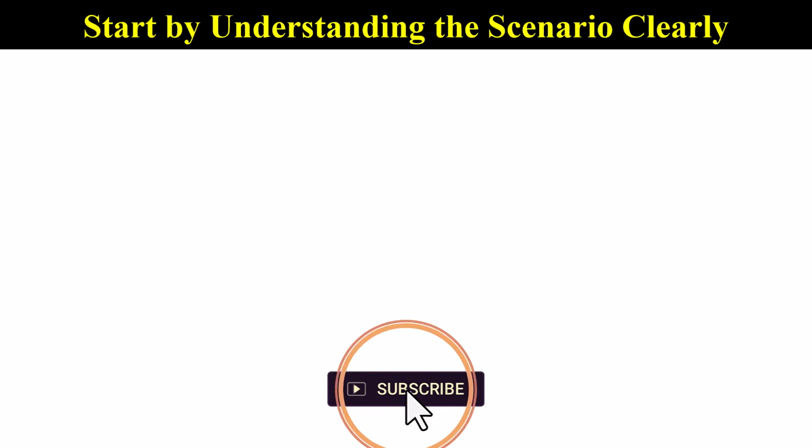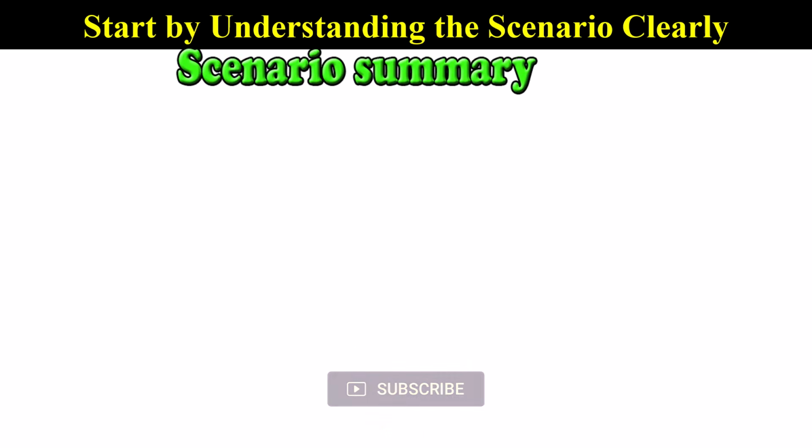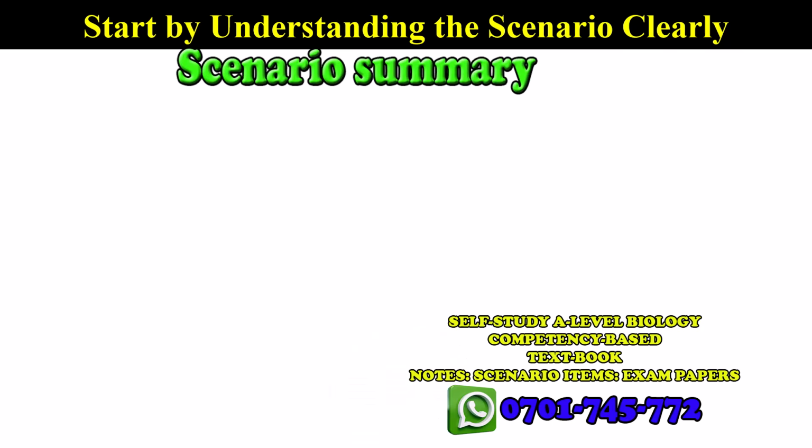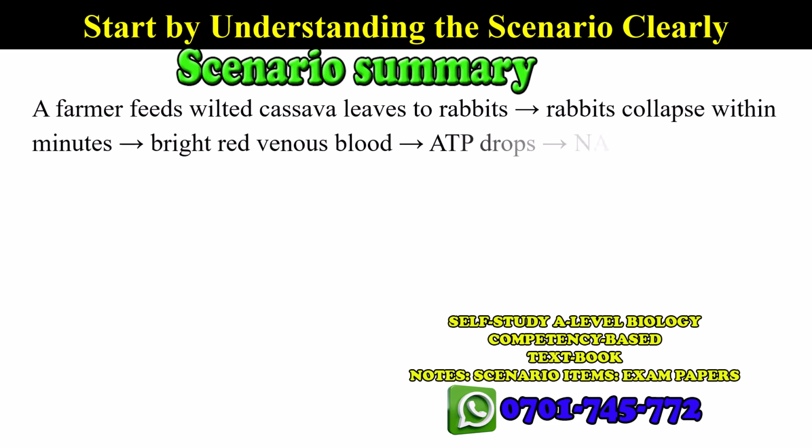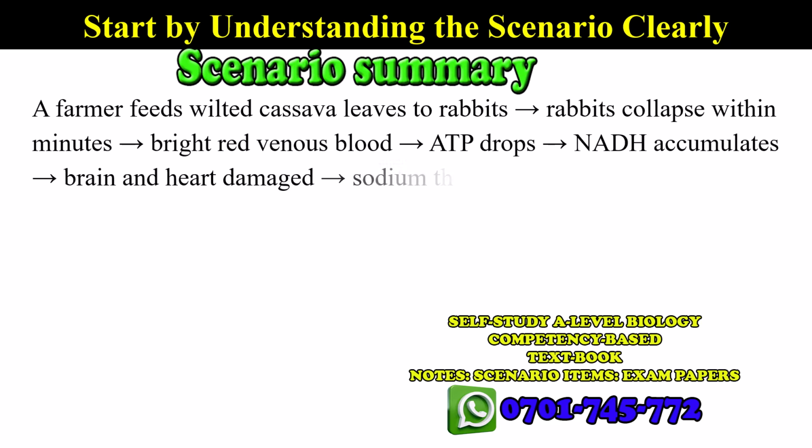Start by understanding the scenario clearly. Scenario summary, ask yourself first. A farmer feeds wilted cassava leaves to rabbits. Rabbits collapse within minutes. Bright red venous blood, ATP drops, NADH accumulates, brain and heart damaged, sodium thiosulfate saves some